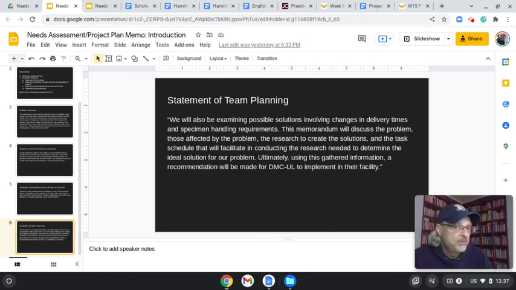I think there's other ways you could think about team planning. You could be a little bit more specific and say, as a team, we are going to boom, right? That's one way. This is perhaps a less direct way, but I think for their particular issue, they're looking at a very specific process. Some of those things may not potentially be revealed just yet. So I was okay with that.